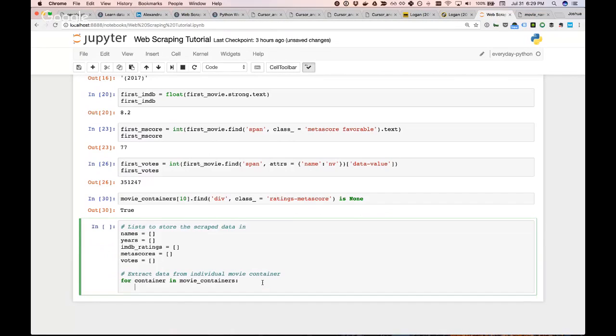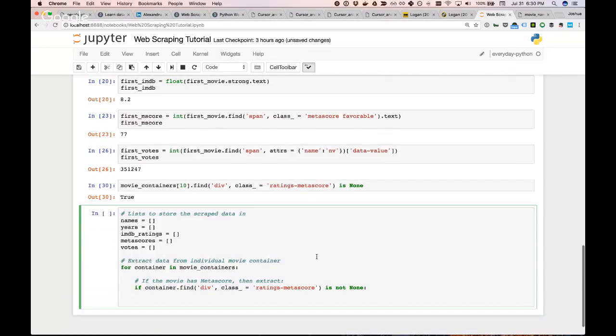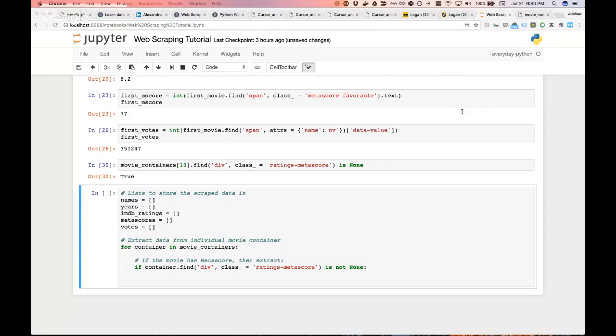Because the whole purpose of what we're doing right now is to compare Metascores with IMDb ratings, we're not even going to record any movies that don't have both scores. So if this search for the rating metascore is not none, we want to pull down the data. And I'm going to copy paste this in, but it's exactly the code that